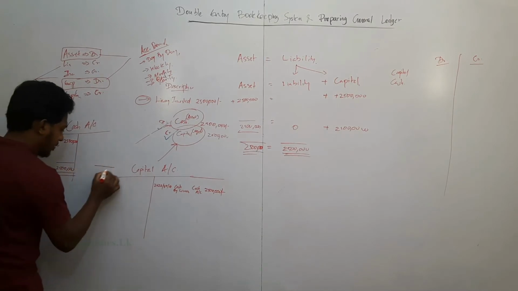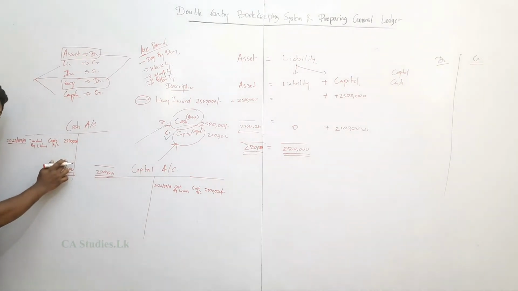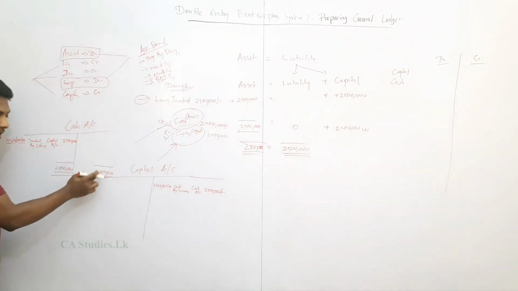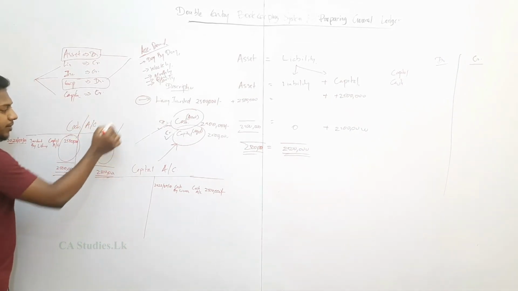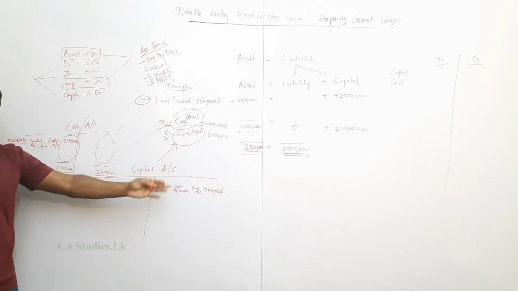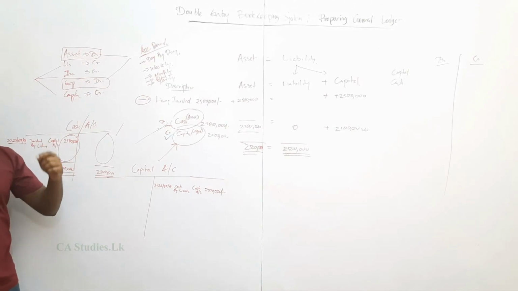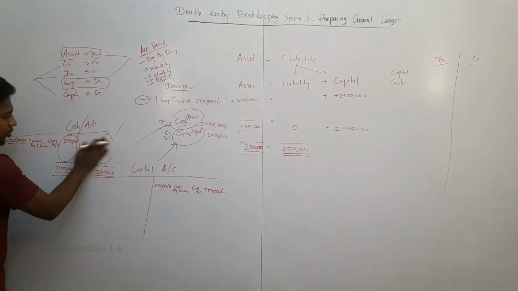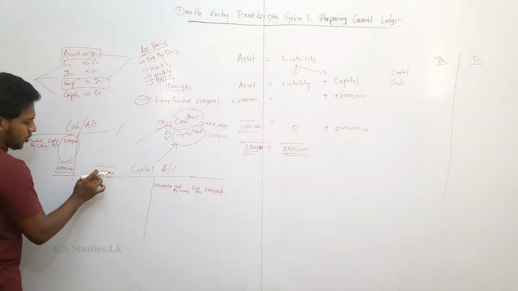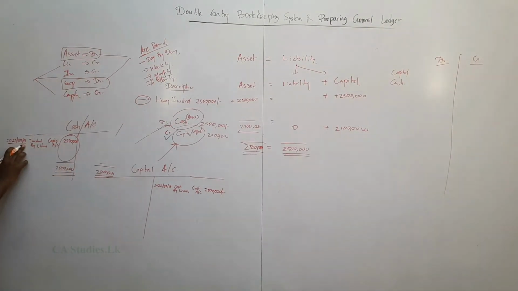Closing like this, always. Now this side is higher, so take this side total. If this side is higher, take this side total. So roughly we have to calculate both sides and see which side is higher. Keep in mind: double entry, general ledger passing, and third, calculate the total of both sides and take the higher side to the bottom. Now here 0, here 0. So 2.5 million minus 0.